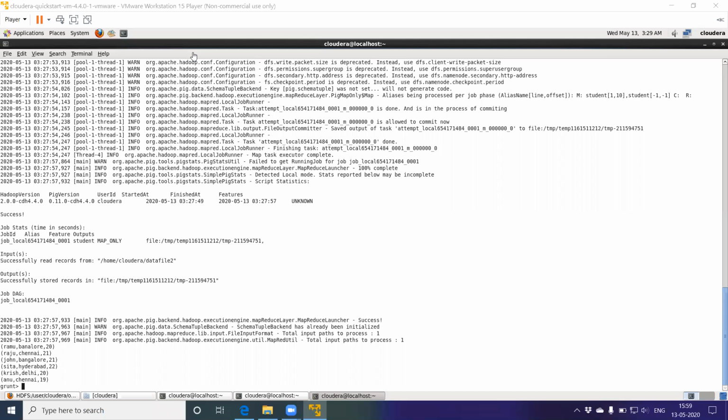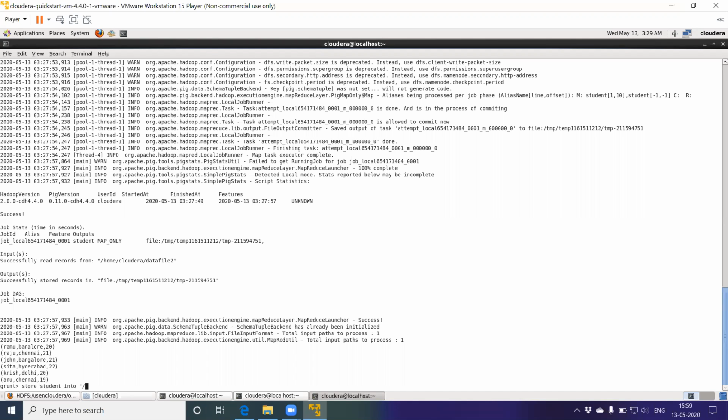You can store the bag into HDFS or the local file system. The command is store bag name, space, the keyword into, and the path where we are going to store. So we are storing into the local file system.